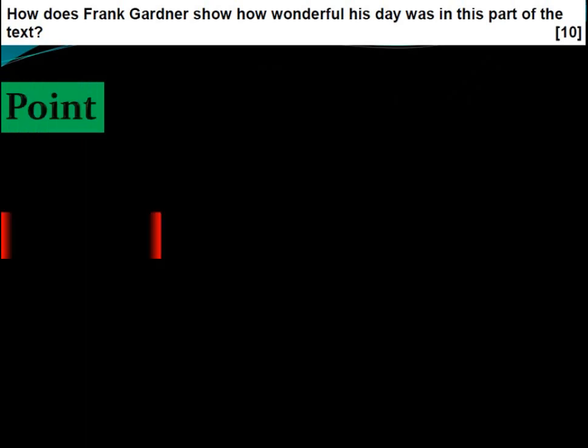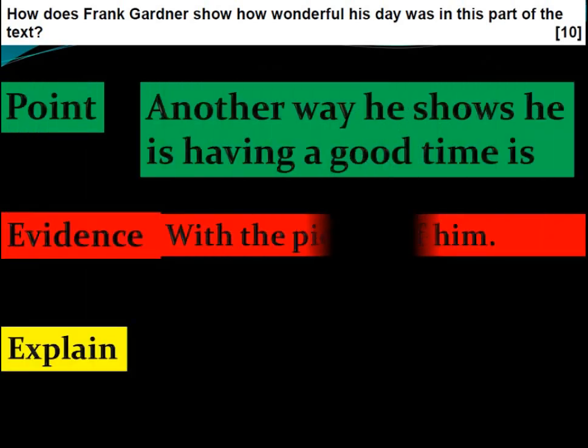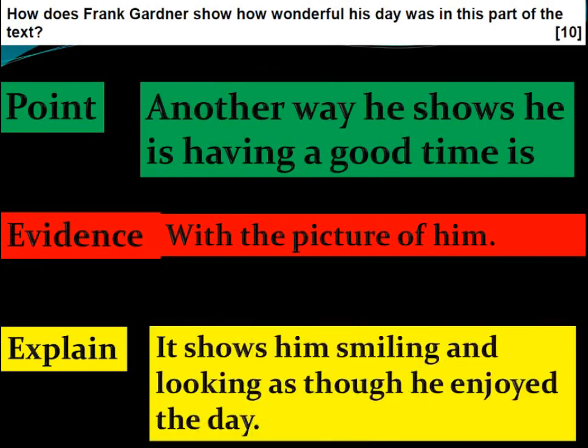Next example. Another way he shows he's having a good time is with the picture of him. Okay, green and red most of the time. Point, evidence should normally be in the same sentence. You want to embed your evidence into your point. With this one, we could obviously not use speech marks because we're talking about a picture. So another way he shows he's having a good time is with the picture of him. It shows him smiling and looking as though he's enjoyed the day. So this is not rocket science. This is not really complicated stuff, but it's just simply saying why it is a wonderful day, why you've picked the